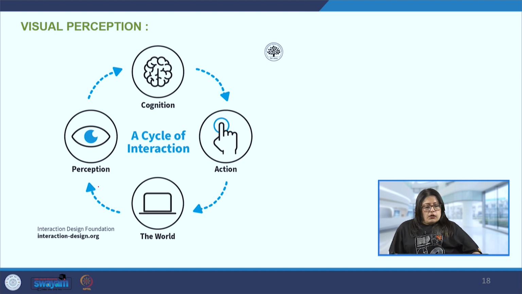the cycle continues. So, now this is a complex process, although it takes milliseconds for humans to perceive, maybe a few seconds depending on the type of information, and then to take action and this cycle to complete. But it is a very complex process where first we are perceiving the information, and this is done by detection of light by the eye, and then this ends with the interpretation of the visual stimuli that we receive by the brain. So, this highly complex system is something that we use on a daily basis, and we probably don't even realize how complex a system it is.